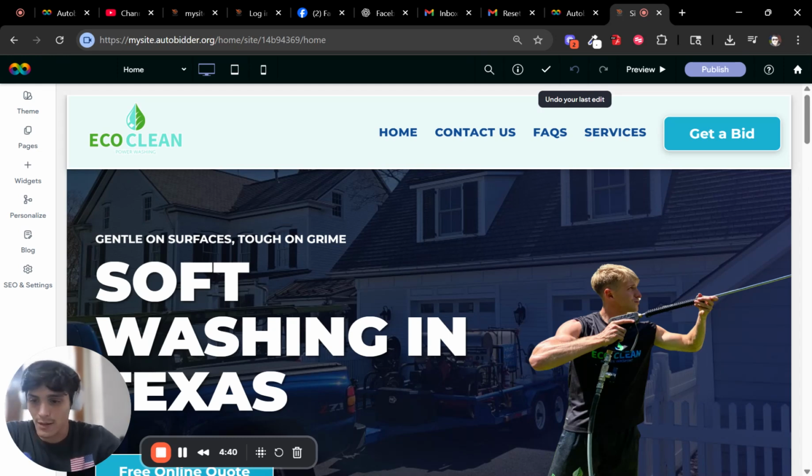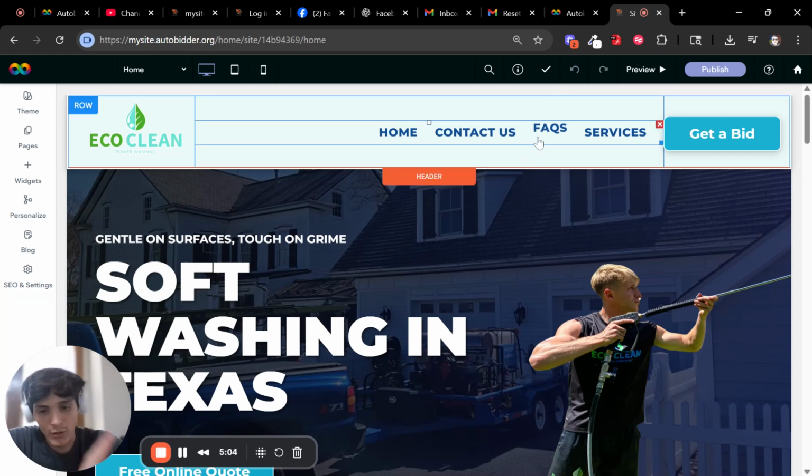So you can create a separate temporary password. And another benefit is you can also contact the AutoBidder support team if you want to give someone access, like an SEO person, to just your website. You can reach out to us, send us the person's email address and their name, and then we can add them on the back end to where they only have access to your website and not your entire AutoBidder account. All right, so with all that being said,